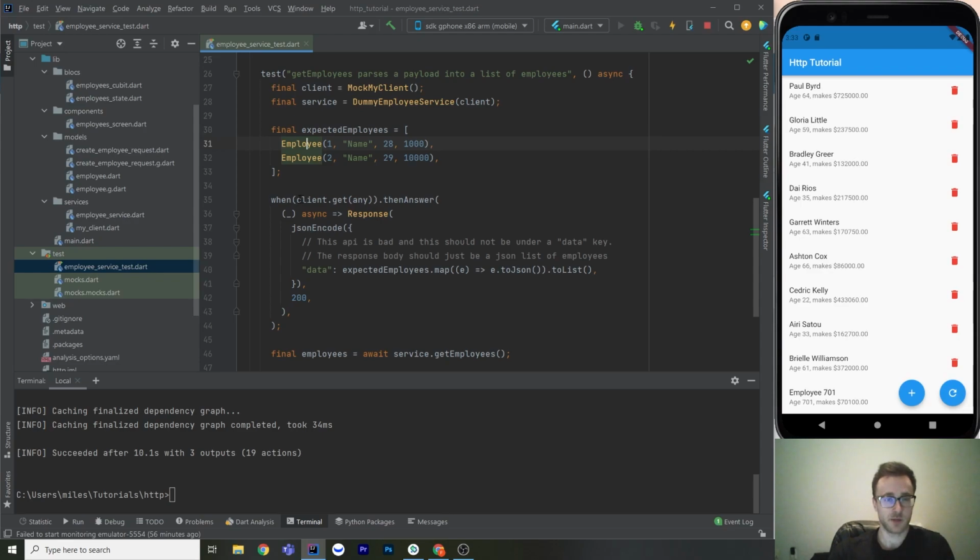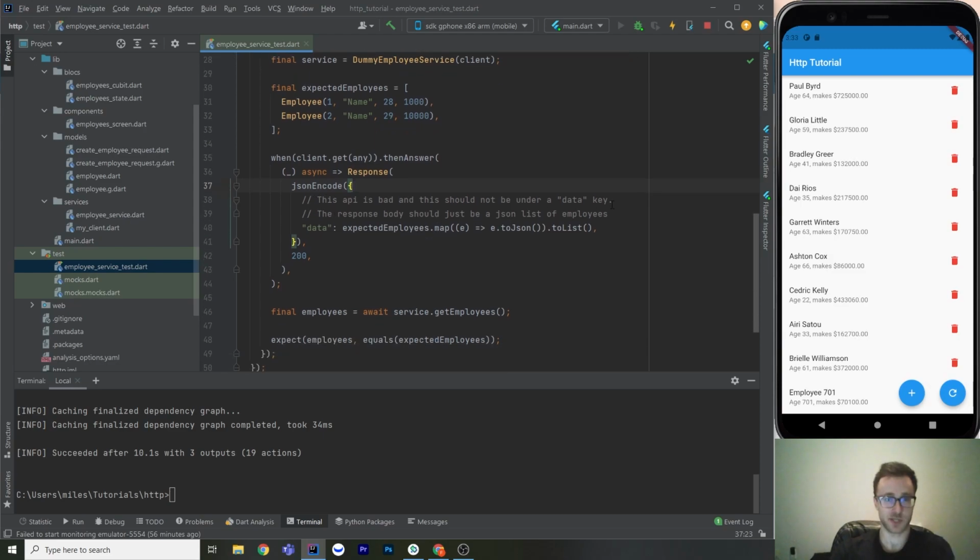So here, when we get any, actually this should be, when we get anything, meaning any call to get, whether it's a list or by ID or anything, we're then going to answer with this response, and this response is going to encode our data. And you just got to remember that this API is dumb, and see how many times I have to